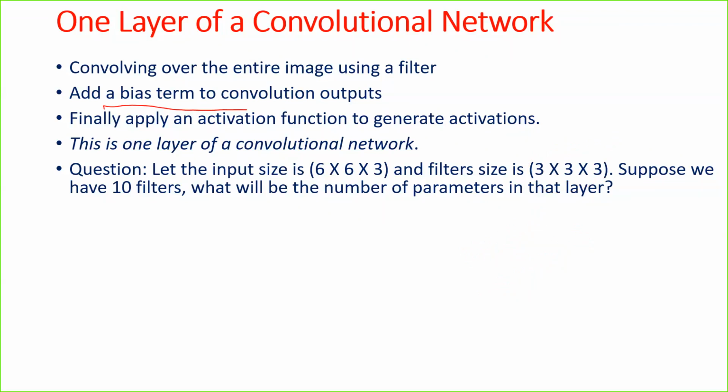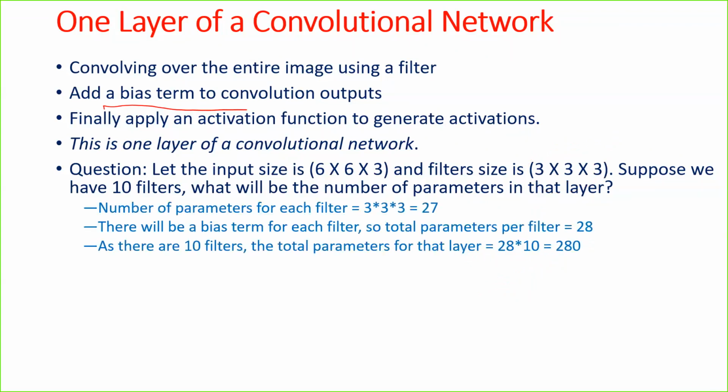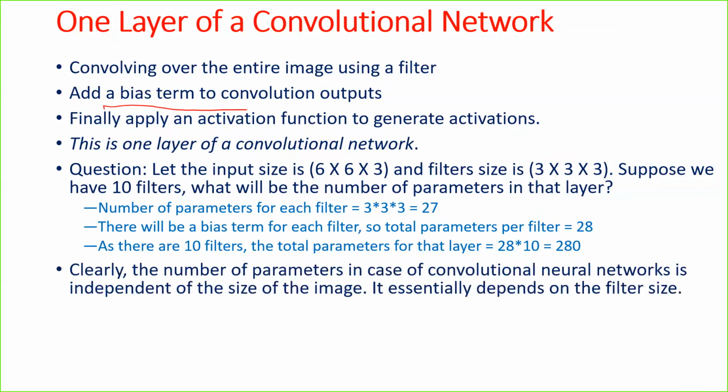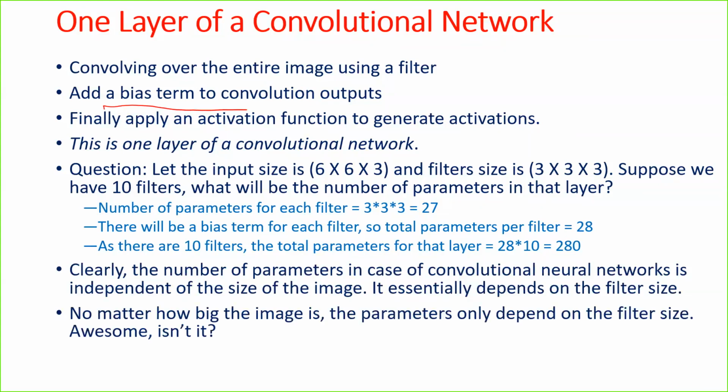So isn't it so exciting? Isn't it awesome? The number of parameters for each filter is 27 plus bias term 28, times 10 filters, 280. So clearly the number of parameters in a convolutional neural network is independent of the size of the image. It essentially depends on the filter size. No matter how big the image is, the parameters only depend on the filter size. It's awesome, isn't it? That's why it is reducing the number of parameters to a larger extent as compared to artificial neural